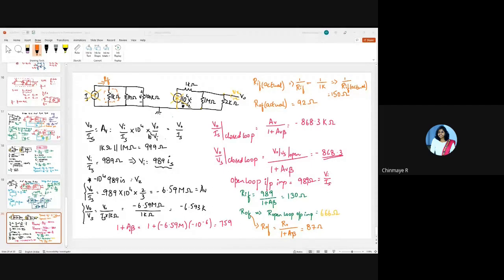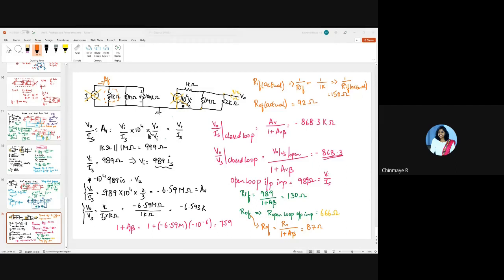Then we saw what impact it has on the input side of the open loop amplifier and on the output side of the open loop amplifier. And then we replaced this feedback resistor with its equivalent on both the input and the output side of the open loop amplifier. Basically, we tried to put all the loading effect that is present in the beta network, that's the feedback network, onto the amplifier. And we also saw what is the beta of the network.